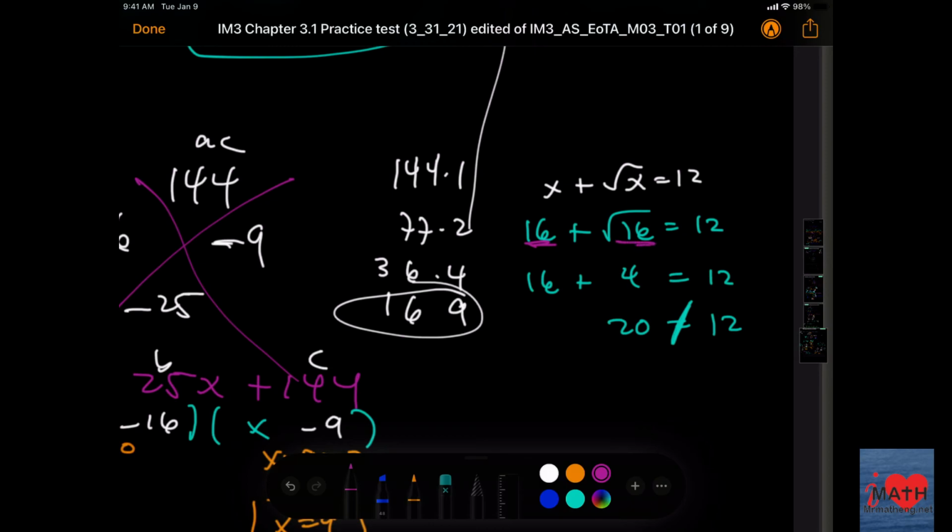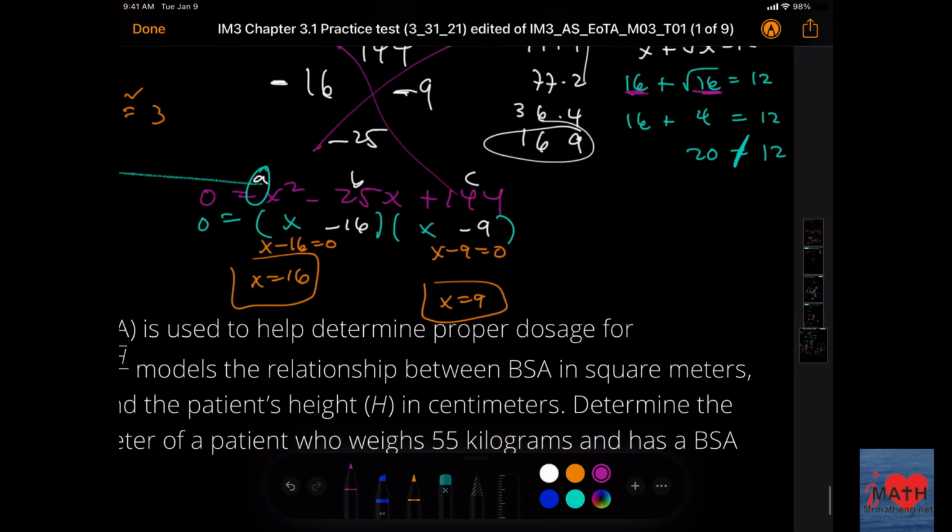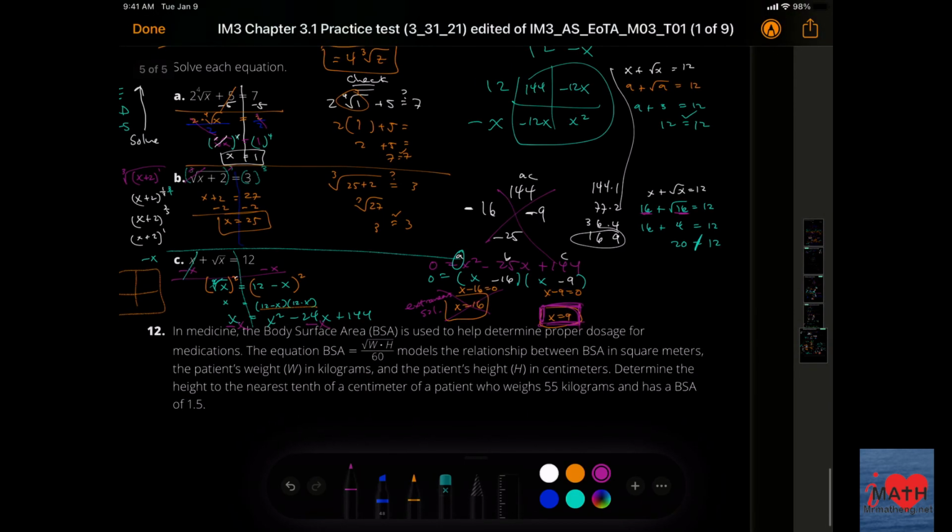That means that 16 is not a solution. This is an extraneous solution. Does that make sense? The only solution in this problem is 9. Okay? And basically how that works out is if you actually graph that,